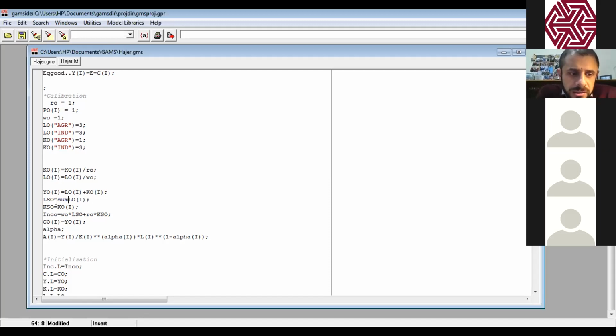No, without space. Sum bracket. Inside the bracket I, comma, remove this bracket, and then you close the bracket after the I.